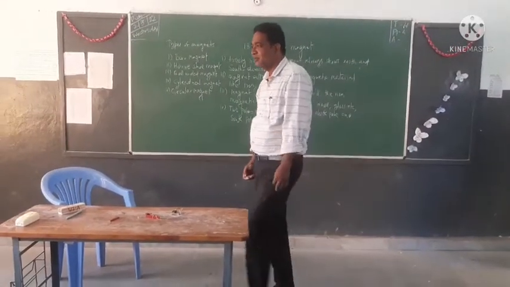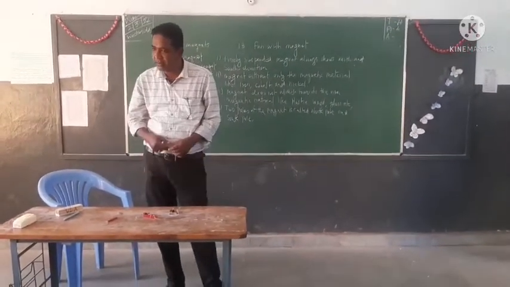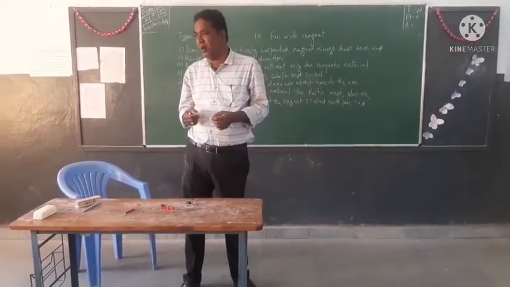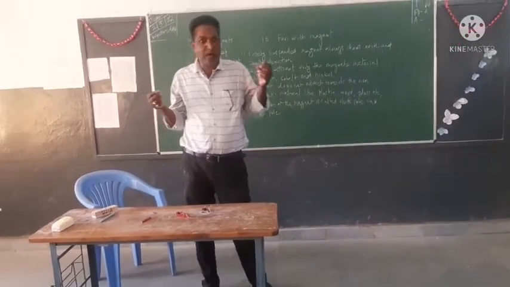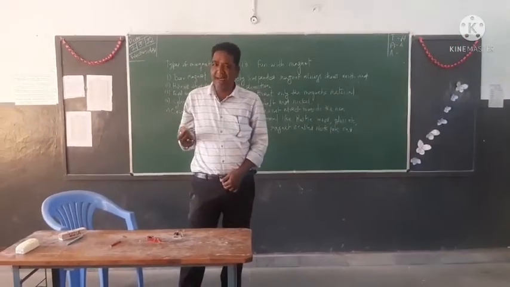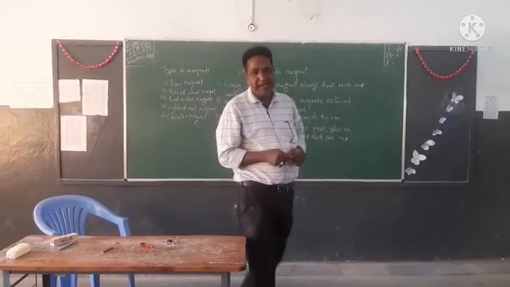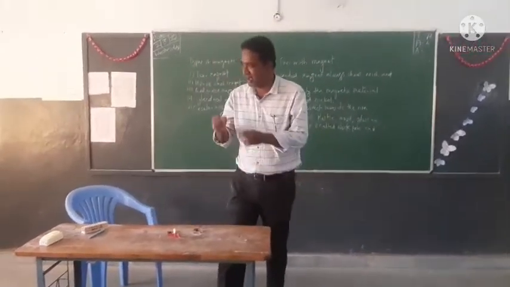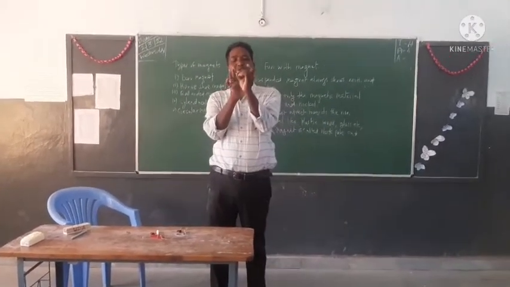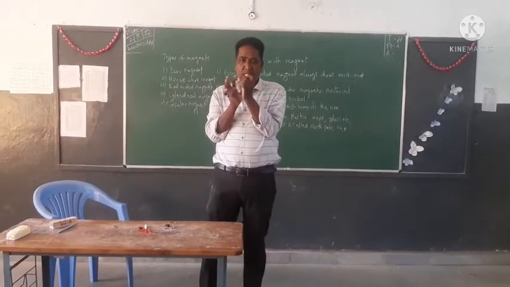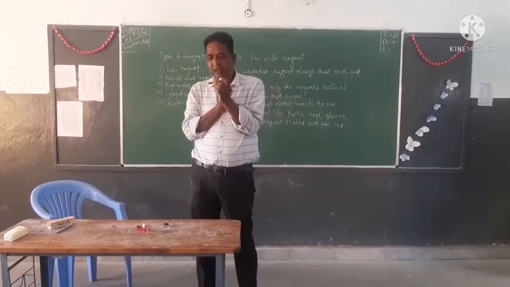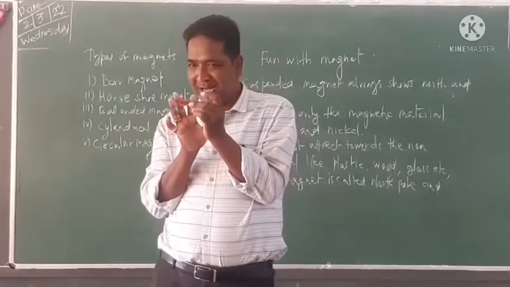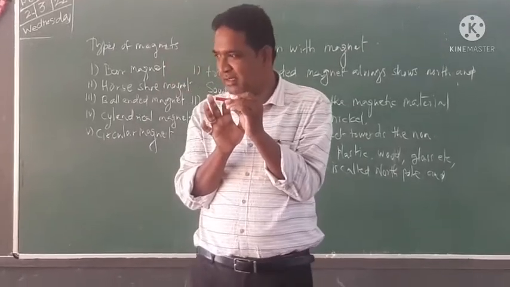Number one is called the north pole, and the second one is called the south pole. The magnetic property of the magnet is more at its ends, and the magnetic property is less in the middle. For example, this is the bar magnet. These are the two ends of the magnet. One is called the south pole and another is called the north pole. The magnetic property of this magnet is more at the two ends, but less at the middle.